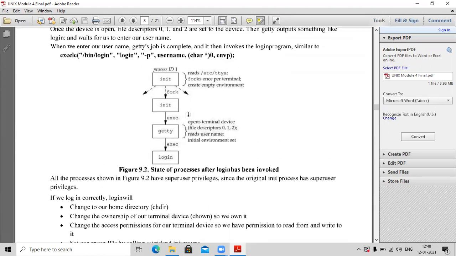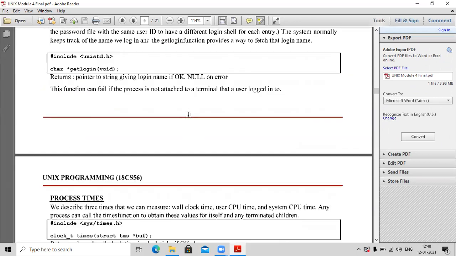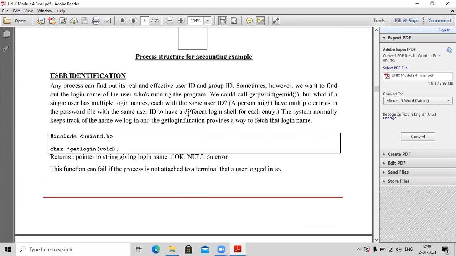So in this particular session, we covered three major topics. In our previous class, we had covered how we can change the user ID and group ID. There were many different functions available, and those functions worked differently for a normal user and for a super user. A normal user is a user who has no privileges, which means he will be restricted from accessing some of the resources.